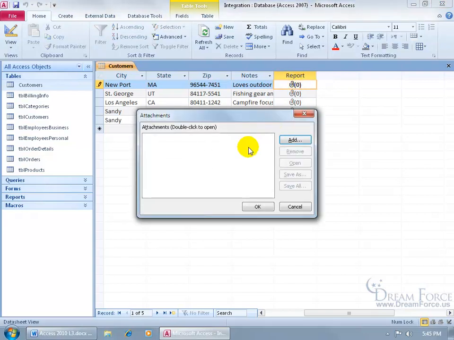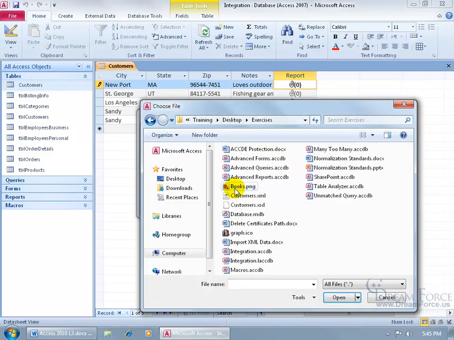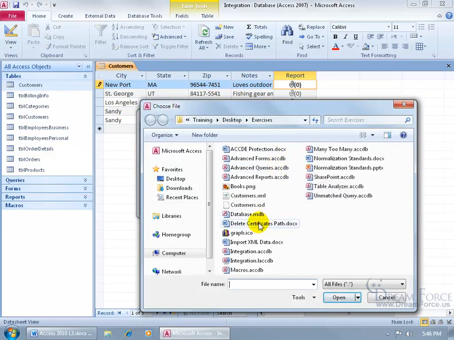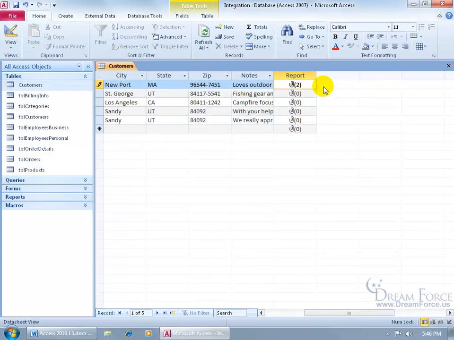It opens up, says, okay, what do you want to add? Let's click Add. And let me go to the exercises folder, double click, and let's add an image, double click there. We can add, let's say, a report that goes with that image. Click Add, and then double click on that. Well, they're two separate things, but you get the idea. You can add images, you can add documents, reports, click OK,